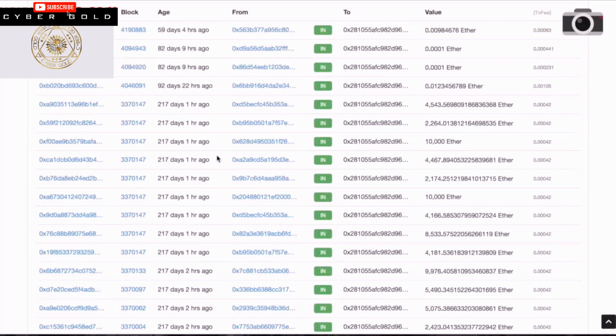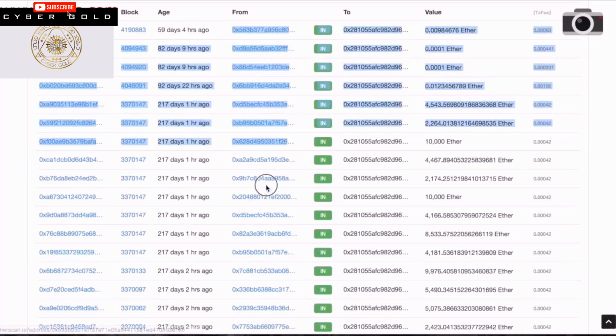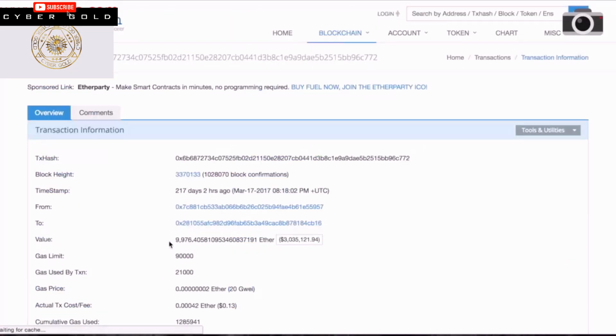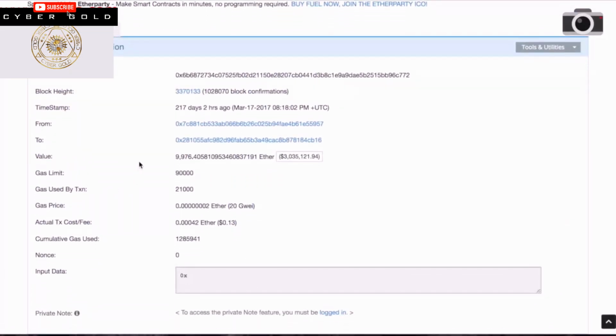With every address, the Ether was sent to and from, the block the transaction was verified on, the amount of Ether sent, and the transaction fee paid for the transaction. If you click on the TX hash, you can see each specific transaction's full breakdown, noticeably the value of the transaction, which is the current value, but if I simply click on it, we can now see the value at the time of sending.